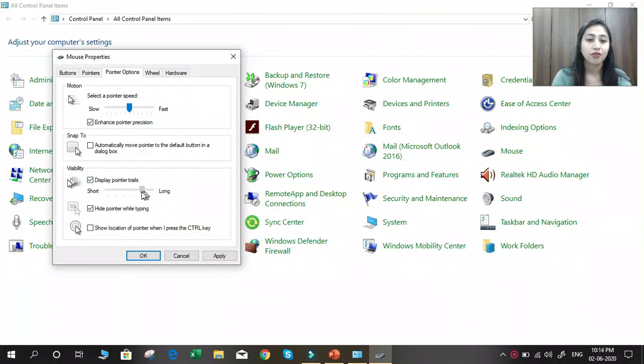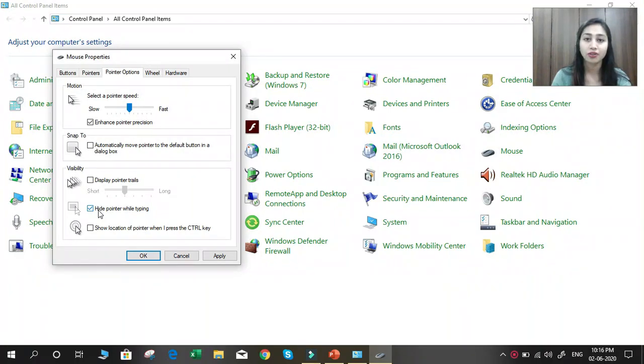And if you select short, then it looks like this. Okay. And students, our last is hide pointer. Hide pointer while typing. Means while typing, if you want to hide your pointer in Word or PowerPoint or anywhere, you can hide it using this option.